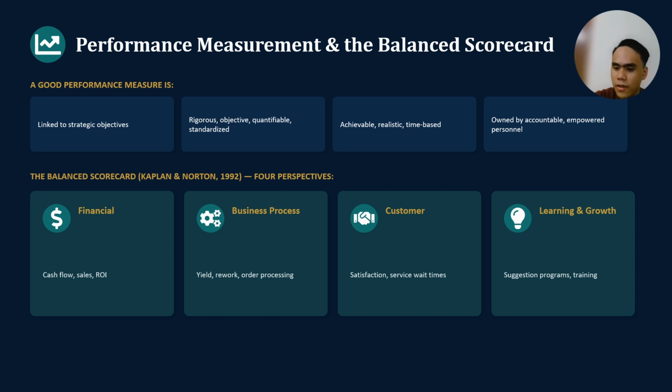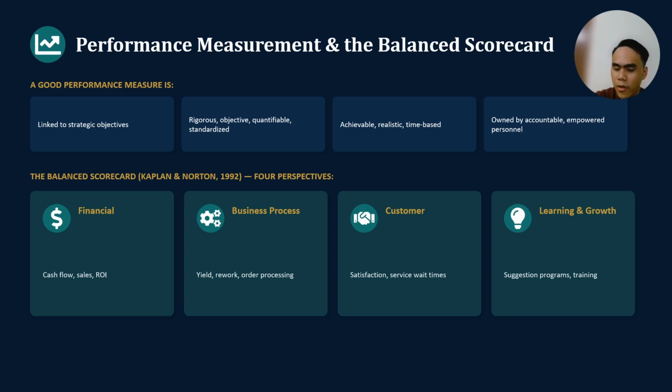So one subtlety worth explaining, the chapter wants you to select measures that are resistant to problematic behavior. Its example is the maintenance department that, under pressure to cut costs, postpones equipment overhauls, helping the short-term cost number while quietly setting up a future catastrophe. So the book